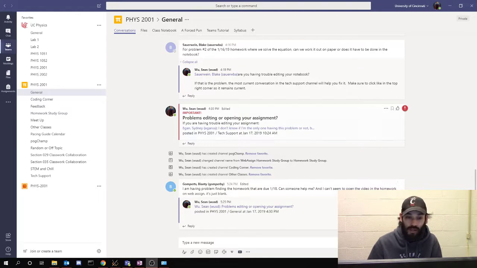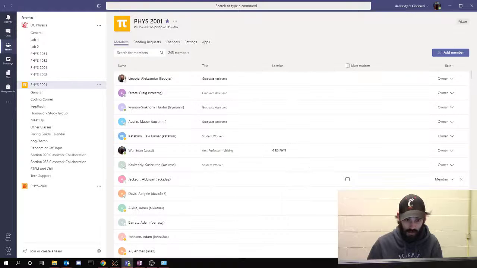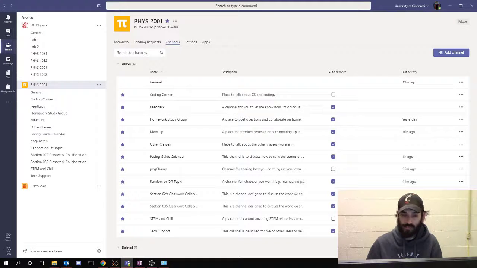Okay, so if you're having any problems editing or opening your assignment, that's going to be right here. But basically what I want to do is go through all the channels that we have here, what the purpose of all of them are, and start there. Okay, so I can go over to here and go to Manage Team, and I get a full display of the channel description. And so General is if you don't know where to post, post there, and then somebody can